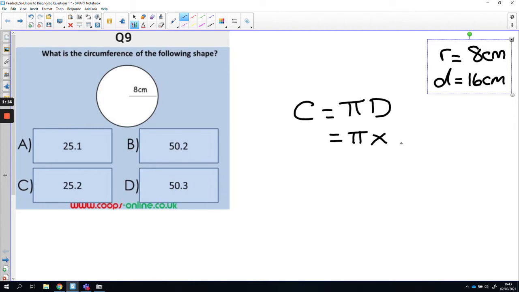So the circumference of the circle is pi times 16. Okay, now to input that into your calculator, you would do shift and then the times 10 to the X button, and you'll notice pi then comes up on your calculator. You then need to multiply that by 16. You'll notice you'll get 16 pi on your calculator. Now if you press the S to D button, which is just above the delete button, you'll see you get an answer of